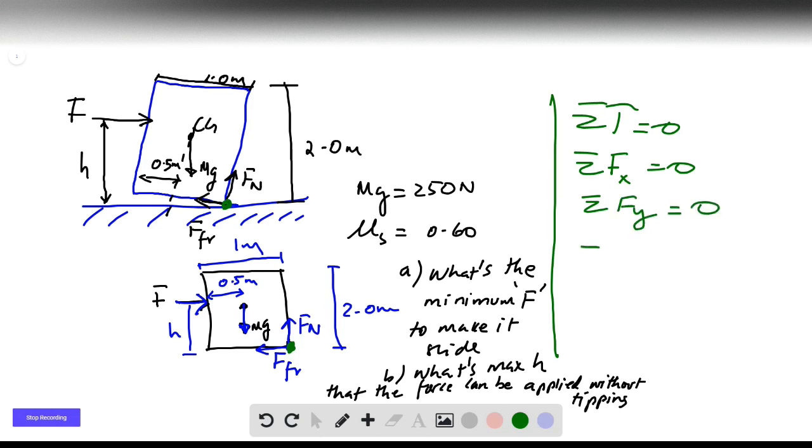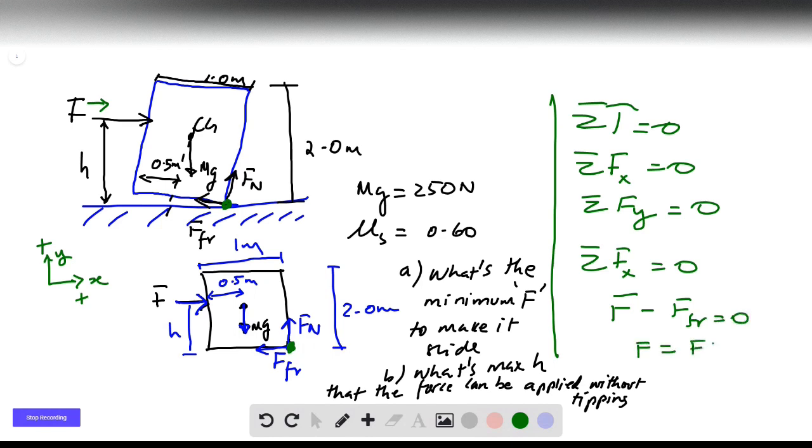So we're going to focus on the sum of forces in the x being 0, and that simply means that, assuming your positive is to the right and upwards, this force is pointing towards the positive, so F minus the frictional force is 0. So the F has to be equivalent to the frictional force, which means that